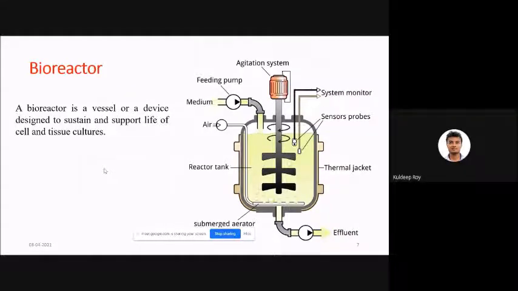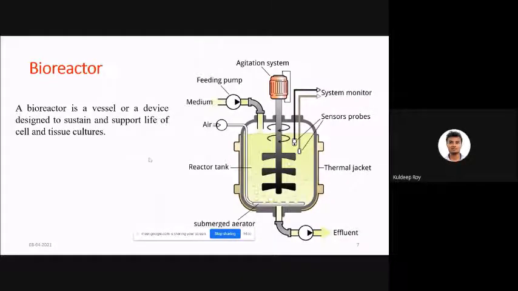Okay, now the bioreactor, what does that mean? A bioreactor means there will be a reactor, but it will include some kind of biological process. A reactor means where the reaction takes place. You have to put any kind of vessel, beaker or reactor where the reaction takes place, that is called a reactor. But if you add some kind of biological thing like cells, bacteria, algae, then it will be called a bioreactor.